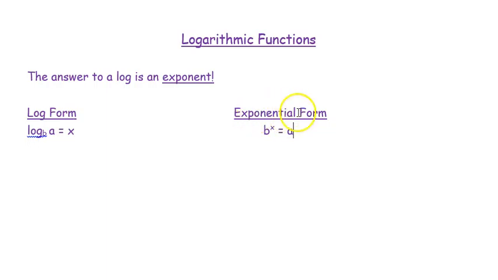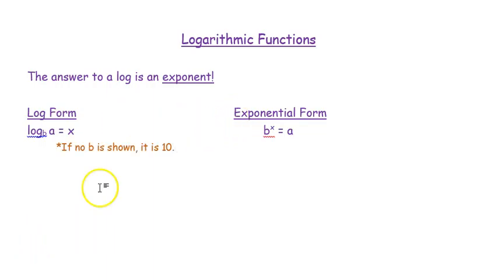What I'm saying is, in exponential form, over here on the right, I have basically the same thing turned into exponential form. B is your base, X is your exponent, A is your answer. So when you're trading back and forth between these two forms, the base is either here in an exponential form or here in a log form. The exponent is what it's equal to in log form, but it is actually an exponent in exponential form. Then your answer in exponential form is found here in the log form. So those two things are related,